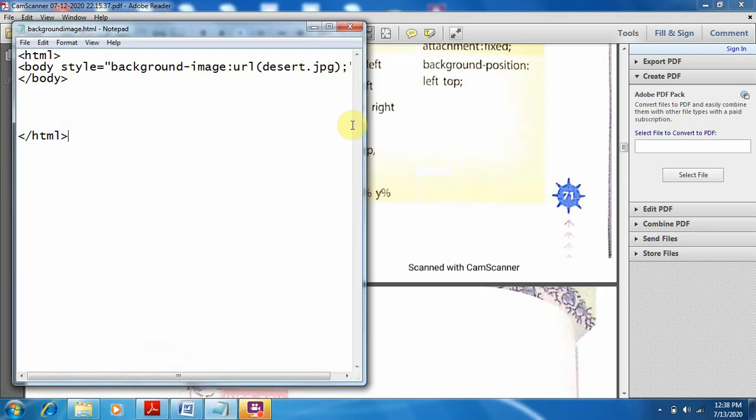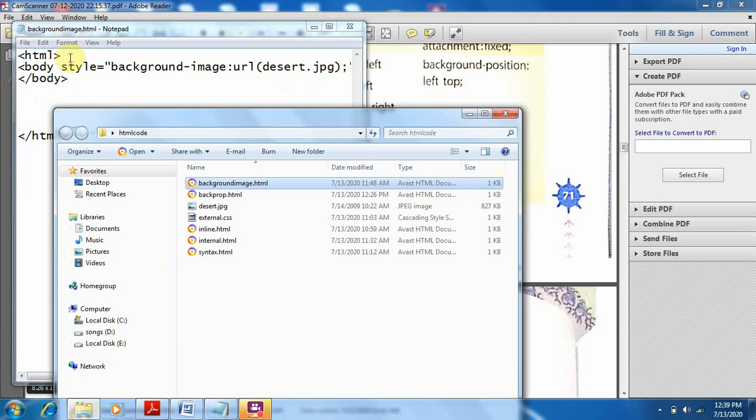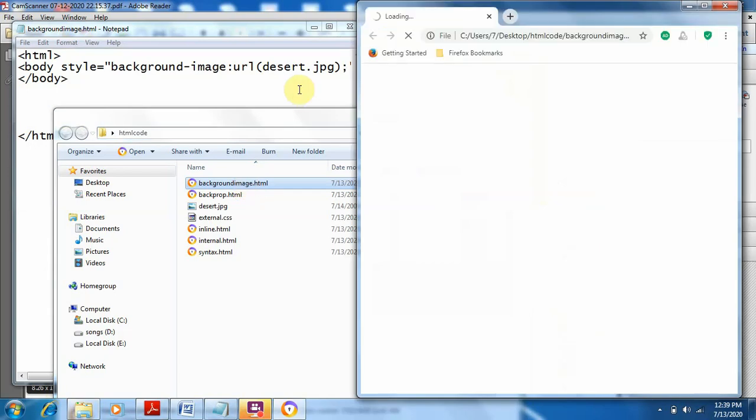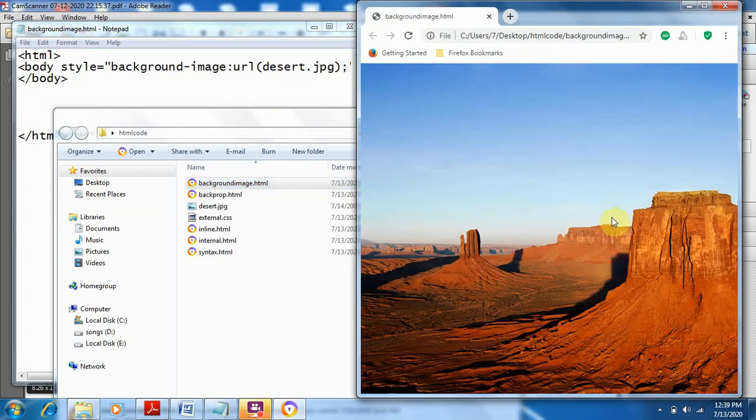Then end of the body, then HTML, and let's see background image.html. Run this. See, it set the background image. This is our background image desert.jpg.